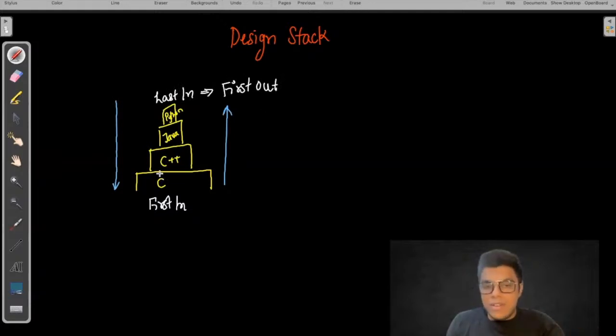We can also say the element which was first inserted is the element which is going to be removed last. So first in, last out. The element which was first inserted is going to be removed in the last only. First Python will be removed, then Java will be removed, then C++ will be removed, and finally C will be removed. So order of insertion is different from order of removal, although